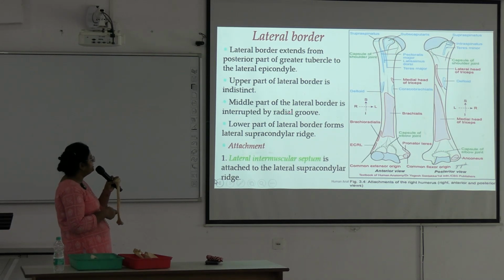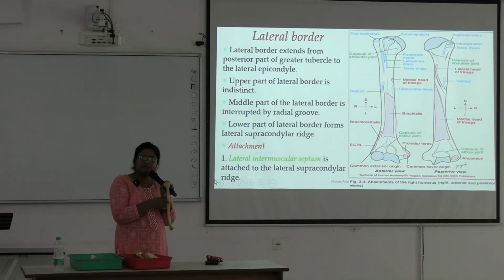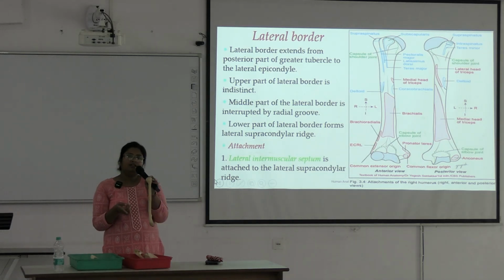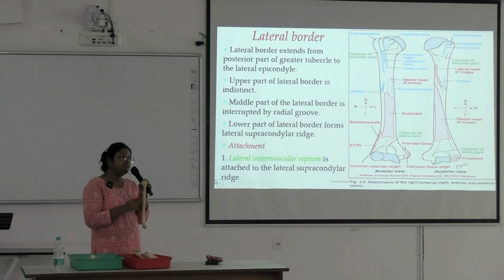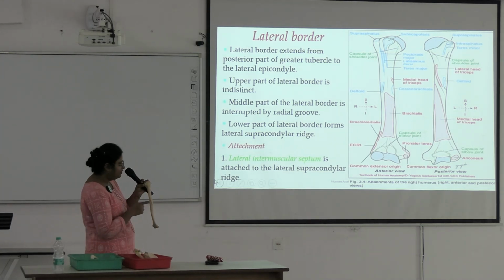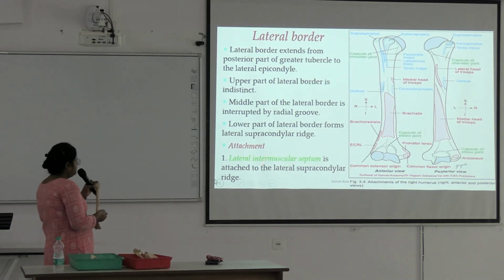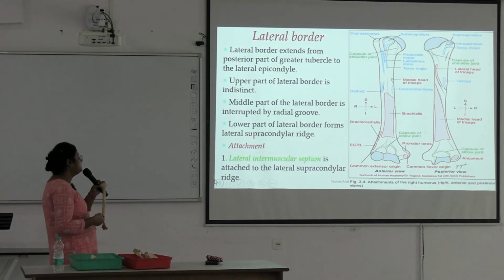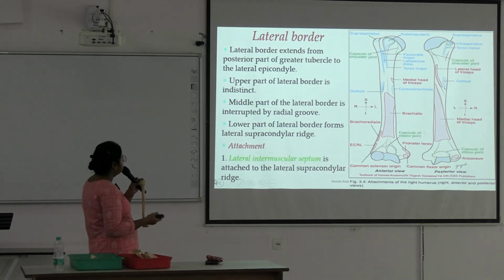Middle part of lateral border is interrupted by radial groove. There is a groove directed downward and laterally on the posterior surface, that is known as radial groove. I have placed the finger in the radial groove and it contains the radial nerve and profunda brachii vessels. So this groove interrupts this lateral border in the middle part of the shaft, and in the lower part it is sharp, forming the lateral supracondylar ridge. Lower part of lateral border forms lateral supracondylar ridge, and lateral intermuscular septum is attached to this lateral supracondylar ridge. Next,